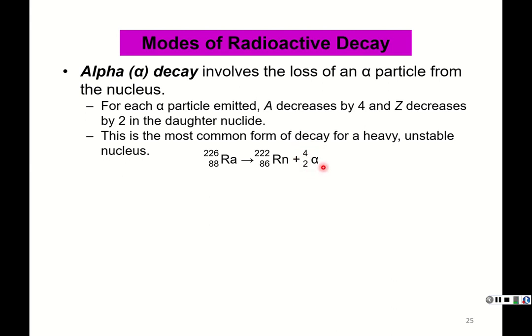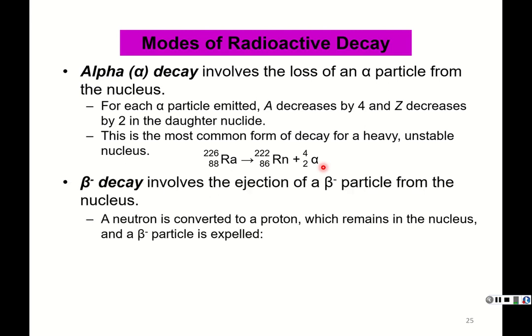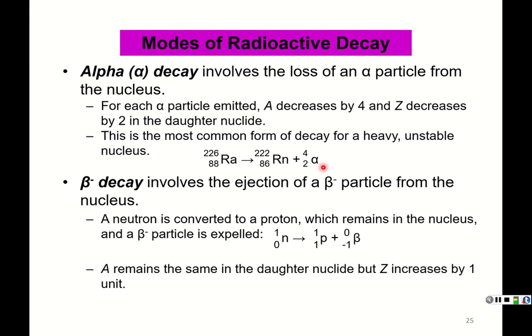And actually the alpha particle consists of 2 protons and 2 neutrons. So essentially the alpha particle is a helium nucleus, the nucleus from a helium atom. Okay. The next form of decay we'll talk about is beta decay, and that involves the ejection of a beta